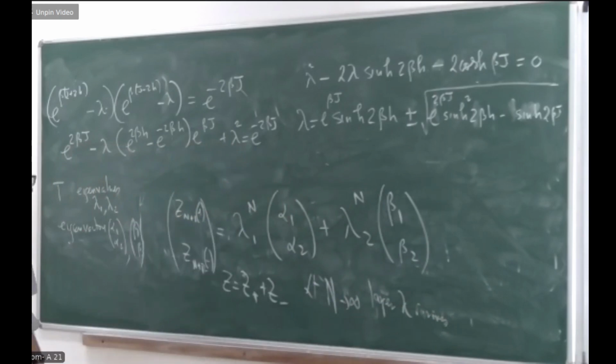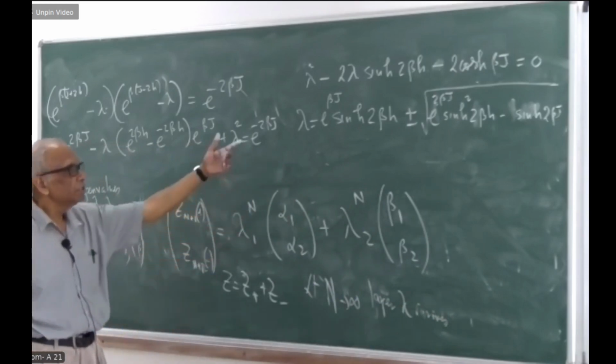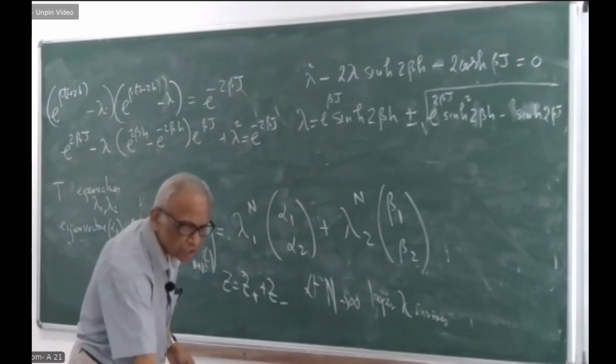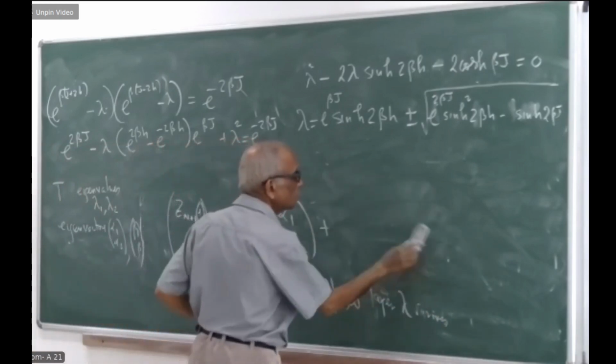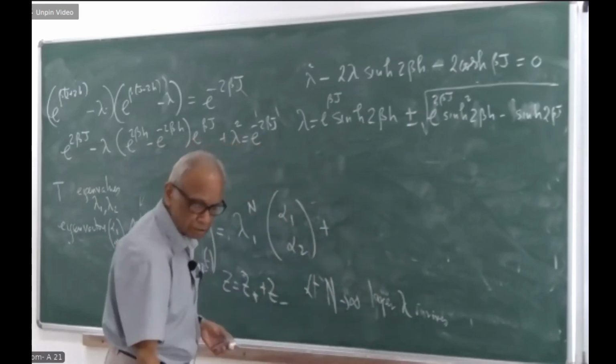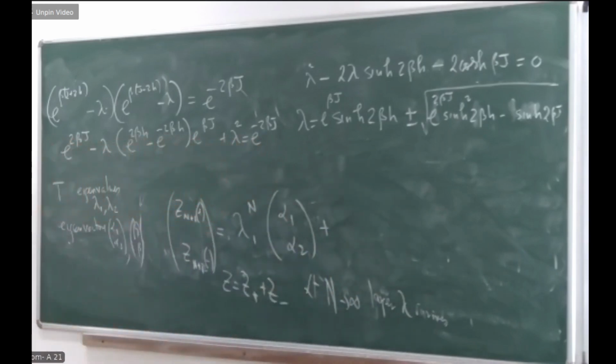So the larger lambda is the one with the positive sign, and therefore you have the result that the